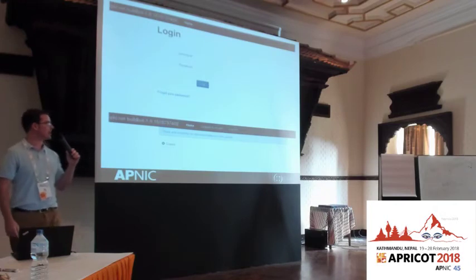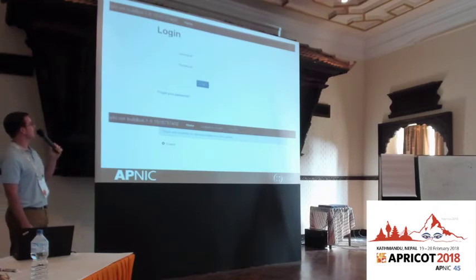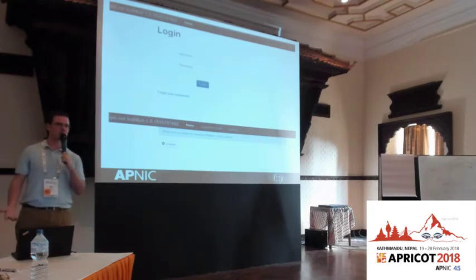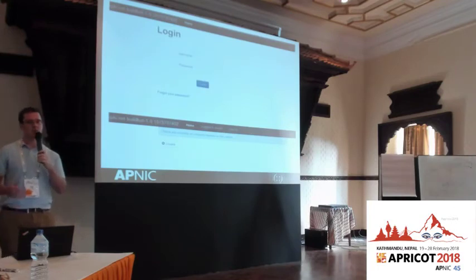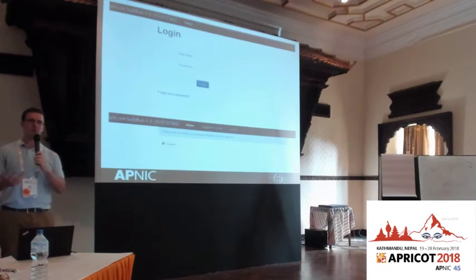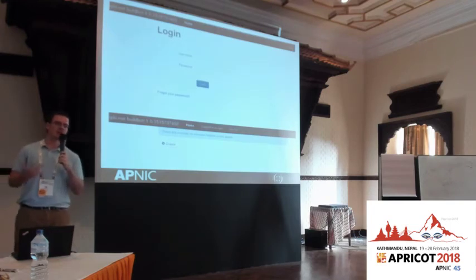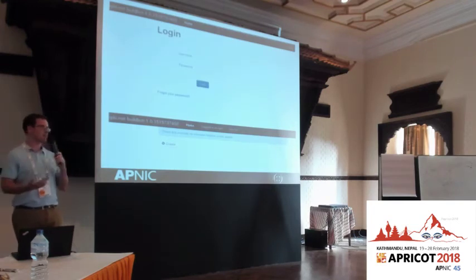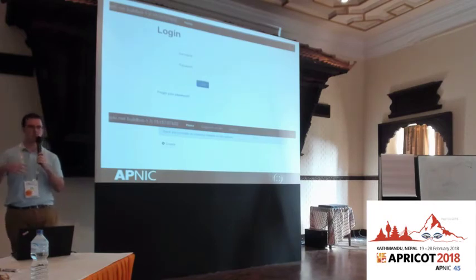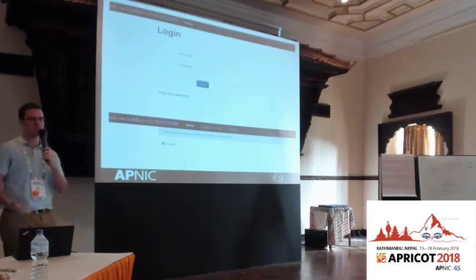So the first page you get after setting up that rpki.net software is a login page. And once you log in, it will tell you that there are no resource holders in the system. So within an engine, there can be multiple resource holders. If you set this up, then your APNIC member account will be the principal resource holder, and you could then manage customers as resource holders also within the system, linked to your member's resource holder.